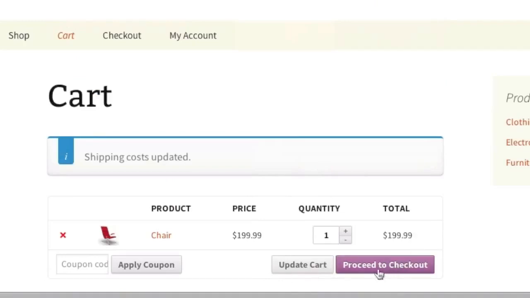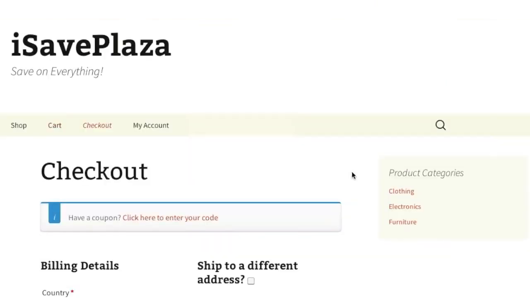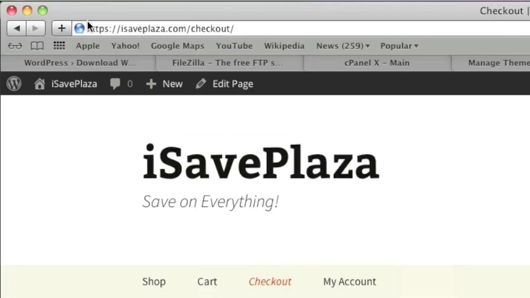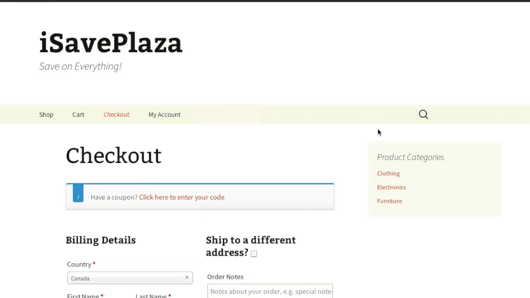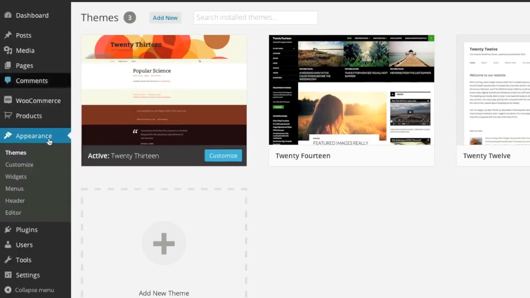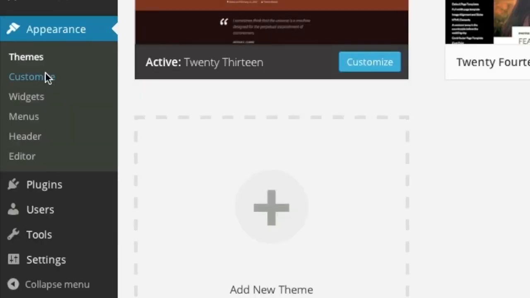So now if I were to go to proceed to checkout, and since I enabled for secure checkout, my protocol has changed from HTTP to HTTPS. So now my checkout pages are secure, and since I have an SSL certificate, this is possible. Now notice that I haven't added the shopping cart widget here, mainly because I have the cart link in the header here. To add the shopping cart widget, simply go back to your admin panel, go to Customize,